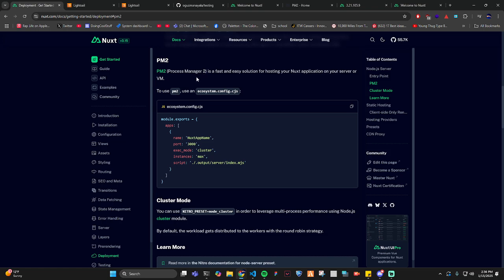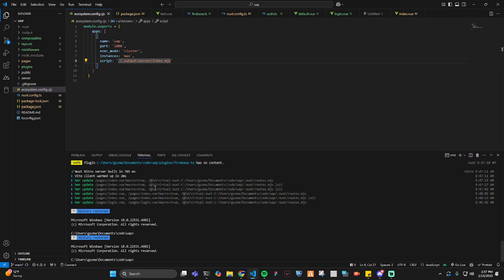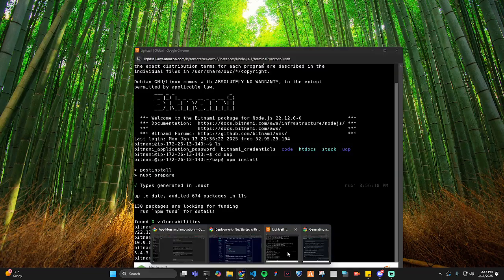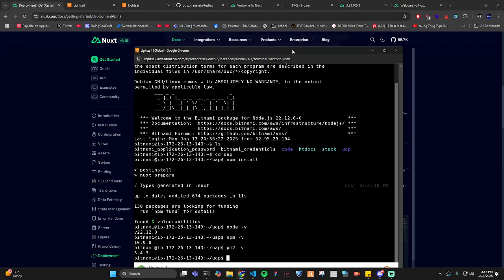So the thing it tells you to do, that's something you won't have yet if you haven't deployed using PM2, is this ecosystem file. So just go ahead and make that, change the name, and that's it. You can see I have mine in here, and boom. So you can actually start with